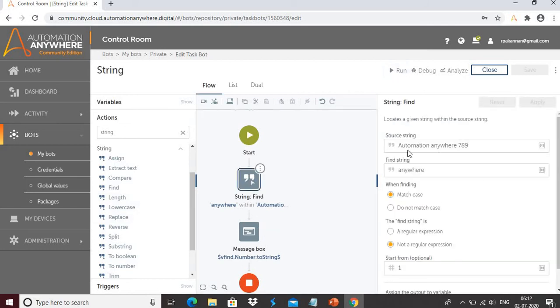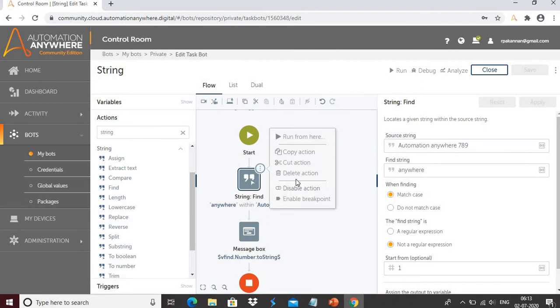In the find string you can count the values 1, 2, 3, 4, 5, 6, 7, 8, 9, 10. You need to count the space also. So there are 11 characters before the anywhere text. So the anywhere starts from the 12th character, so the message box displayed 12. That's the exact result, the find value.